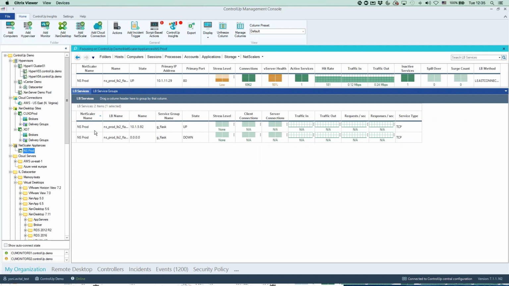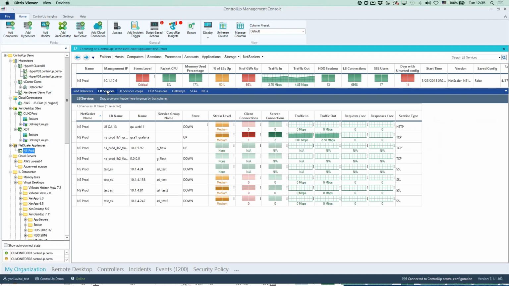If we have more than one NetScaler load balancer service, we can see that in this case one of them is up, one of them is down, obviously causing the health to be at 50%. The same is true for the load balancing services. This is a flat view showing you all the load balancing services which are part of this NetScaler environment, and